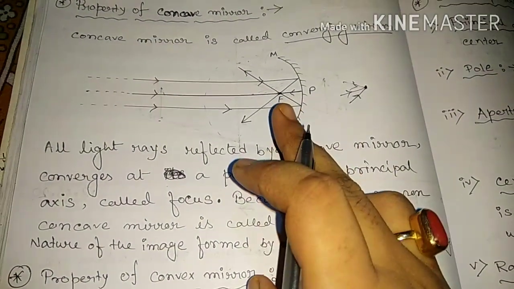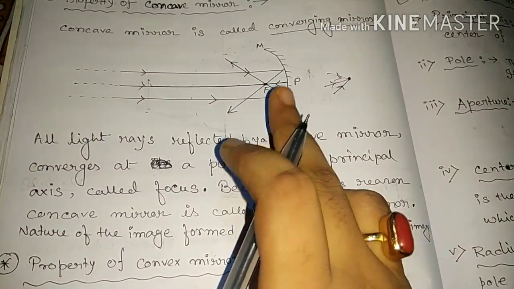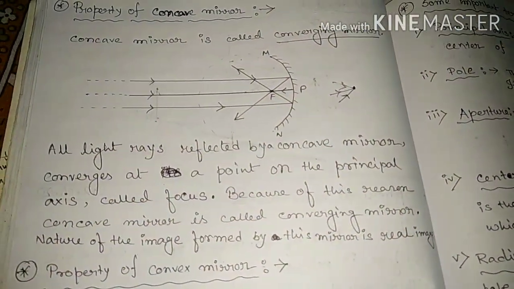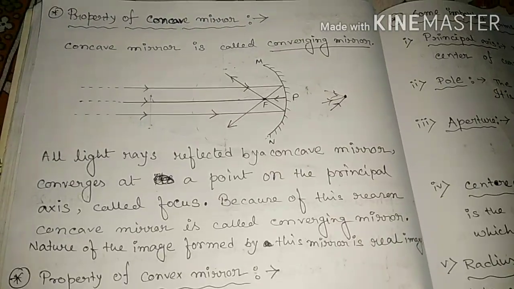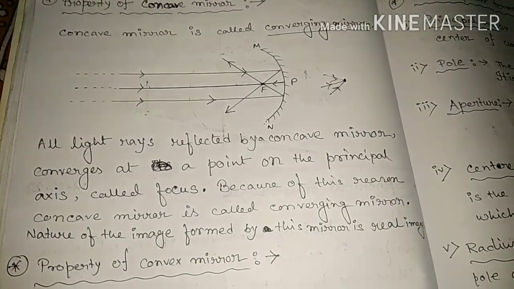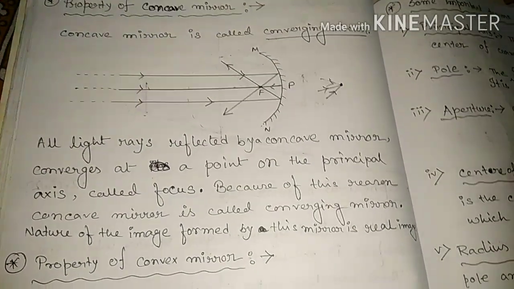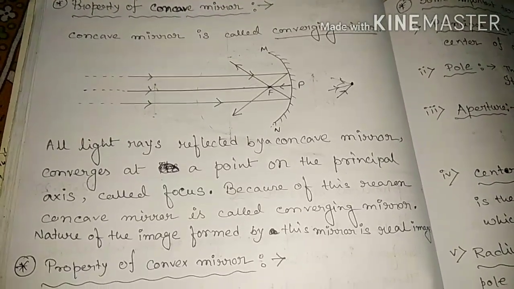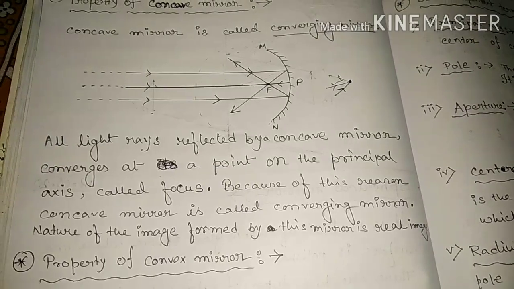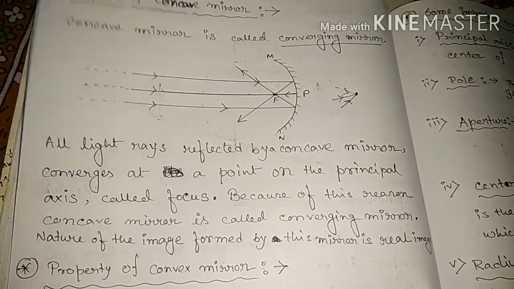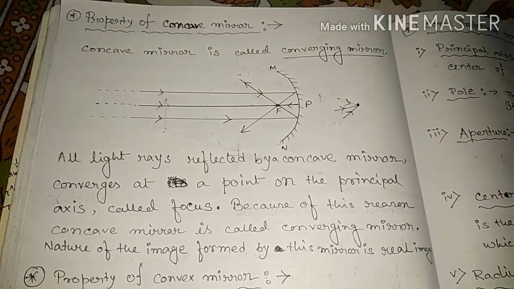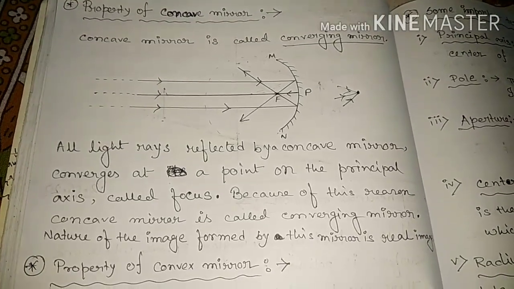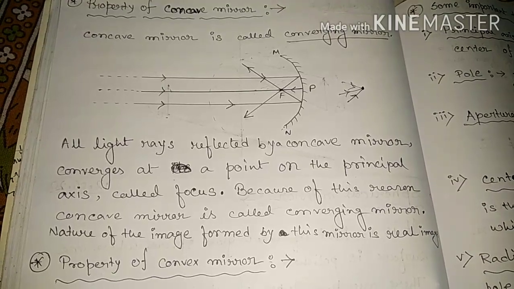and that point on the principal axis, where all reflected rays converge after reflection from the concave mirror, is called the focus. Because of this reason a concave mirror is called a converging mirror, or we can say it is a property of a concave mirror to converge light rays at a point. Okay,